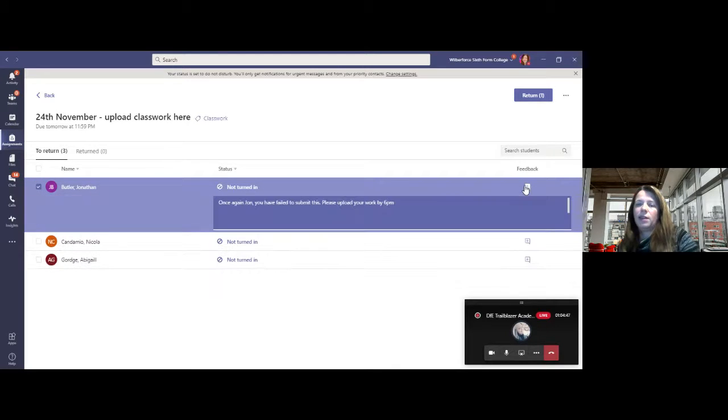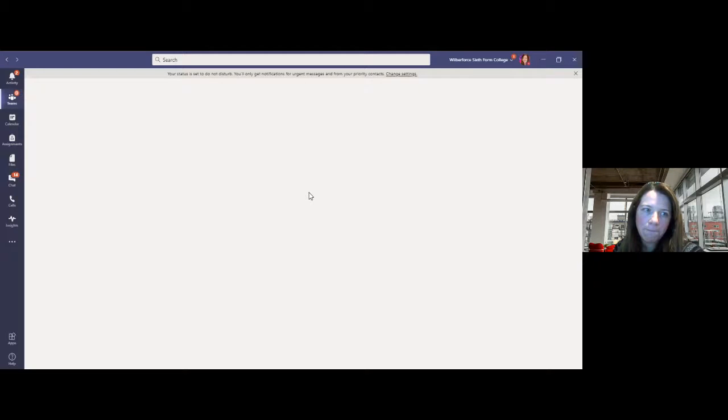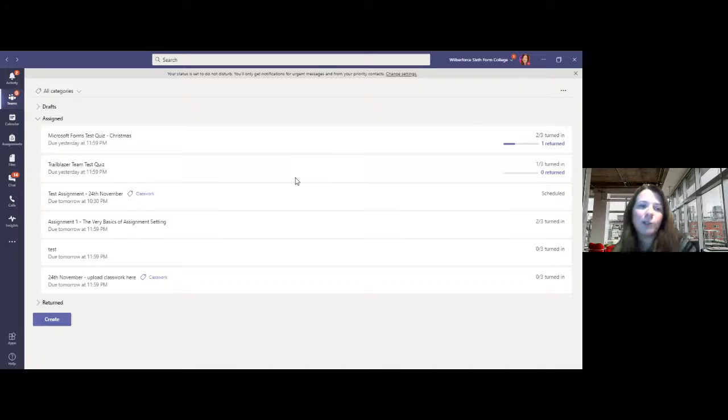Disappeared. And there it is. Okay, so it's in the feedback. I go in, it sits there. So yeah, you don't have to open up each of the individual students' work to give the feedback. Anything else? There's probably loads more stuff you can do. I just haven't discovered it yet.